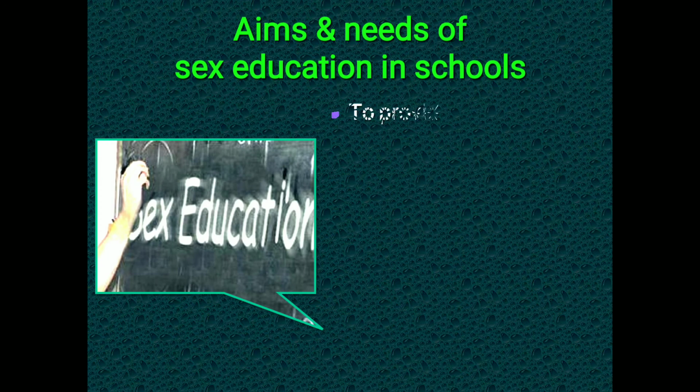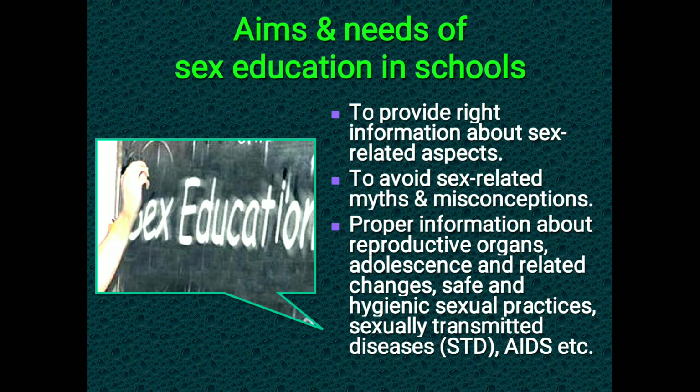Aims and needs of sex education in schools. This is very important, to give sex education in schools. What are the aims and needs? The first aim is to provide right information about sex related aspects, and to avoid sex related myths and misconceptions. There are many different misconceptions related to sex education. So to avoid the misconceptions, we are going to study the reproductive health chapter in your syllabus. Now the proper information about the reproductive organs,